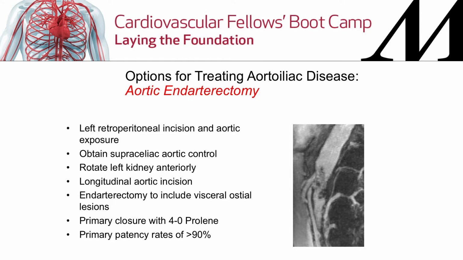Other options: aortic endarterectomies. So in this particular instance, you can do this either from a transperitoneal approach or a retroperitoneal approach. But in either way, you want to obtain usually supraceliac aortic control first, and then perform the endarterectomy and remove all the disease that includes that which is found in the visceral ostia. And then you can do either a primary closure or a patch closure with 4-proline, and primary patency rates exceed